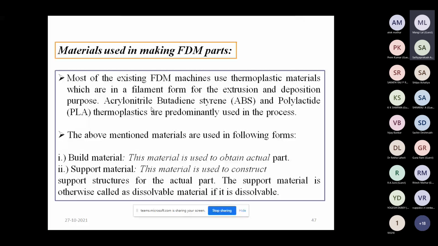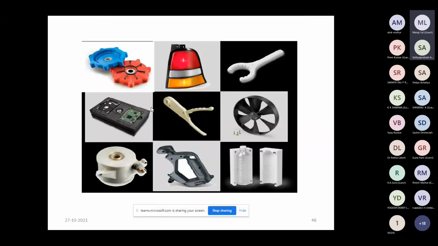These materials can be used for building or support material, because support material must also be compatible with the build material and dissolvable in a solution, so that it can be easily eliminated after the process. These are some of the components which can be generated by the fused deposition model.